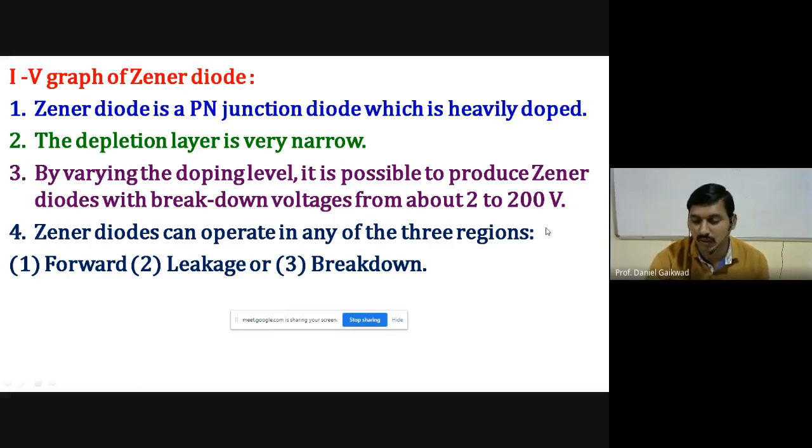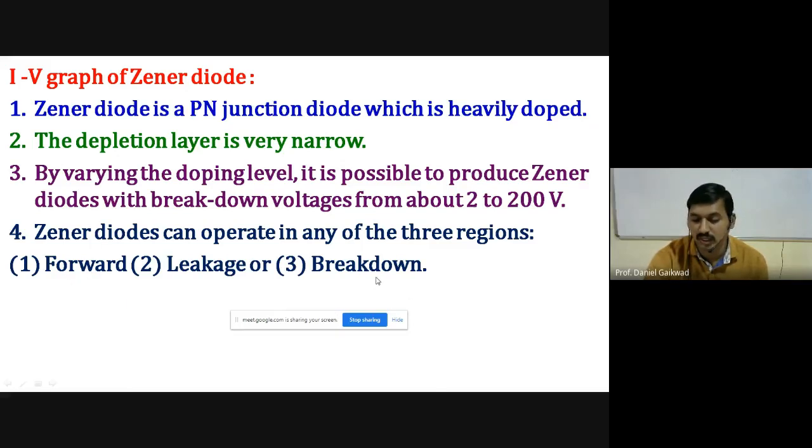Okay, so in the market Zener diodes with breakdown voltages from a minimum of 2 volt to 200 volt are available. So if we have to buy, suppose we have to make a power supply of 5 volt, then we should buy a Zener diode having a breakdown voltage of 5 volt. So that will be obtained, and we have a large range from 2 to 200 volt of Zener diodes in which the breakdown will be obtained. Okay. Now the next number is 4. A Zener diode can operate in any of the three regions. So we have the three regions: forward, then leakage, and number third, that is the important part, breakdown. So generally we work in two, forward as well as breakdown.